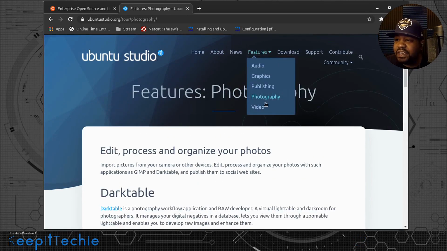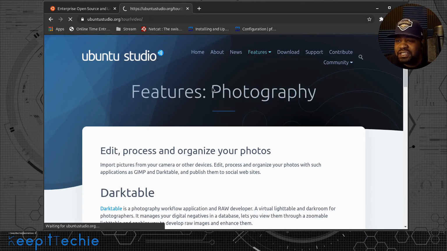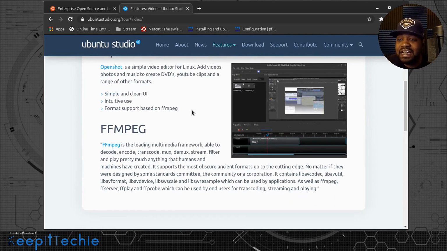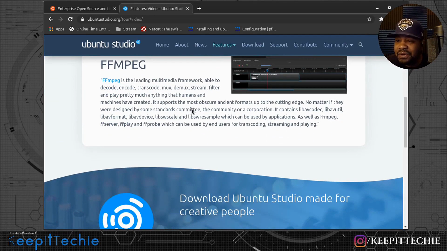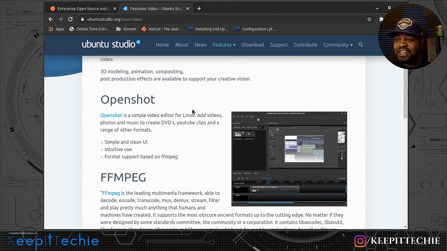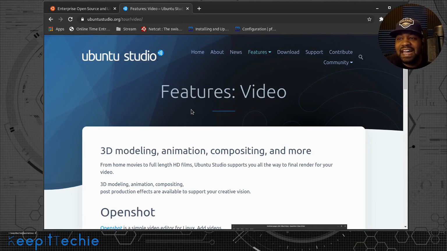And then if we go to video, I'm pretty sure we're gonna see my favorite video editing software, but OpenShot is here, FFmpeg. So I thought I would have seen Kdenlive on here, but hey, you can always download that after the fact. You know what I'm saying? It's cool. I ain't gonna down you too much, Ubuntu Studio, for not having Kdenlive, which I understand Kdenlive is typically a